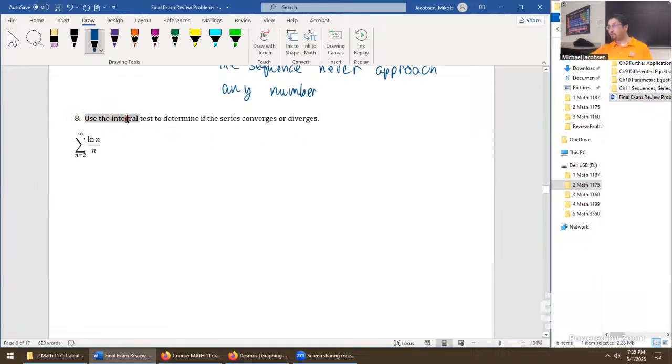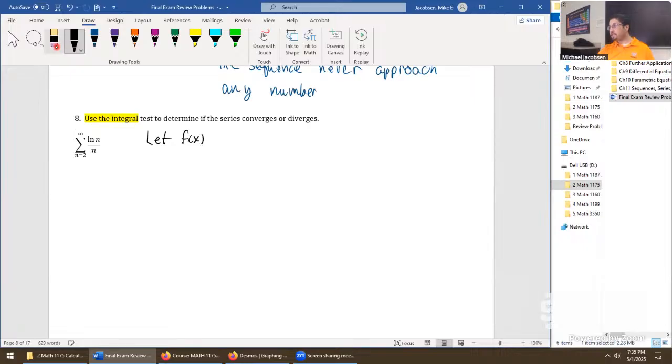And just like on exam 3, if the integral test comes up, I'll often indicate it this way. Use the integral test. That way you know that this is the problem where you want to use it. These are pretty fast problems, but it's kind of like the improper series type 2 problem. It's really touchy just on the setup. So first thing we want to do is define a new function.